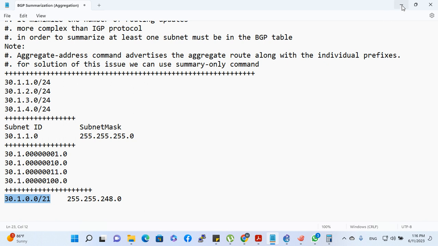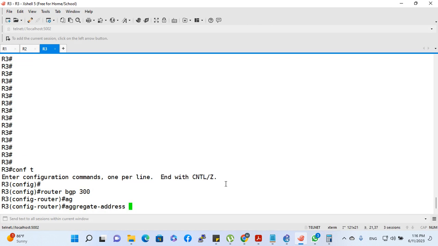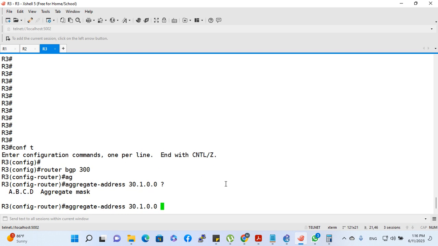So maybe 30.1.0.0 and add the aggregate mask as well: 255.255.248.0. Just add this command